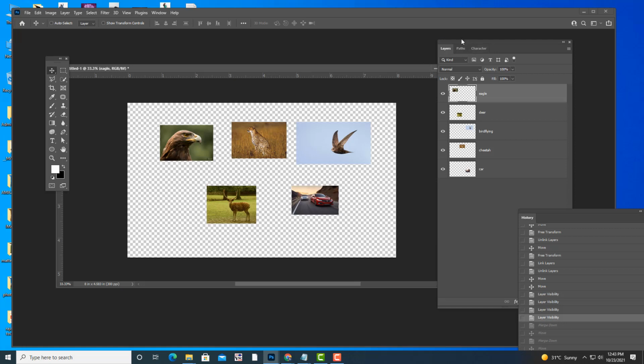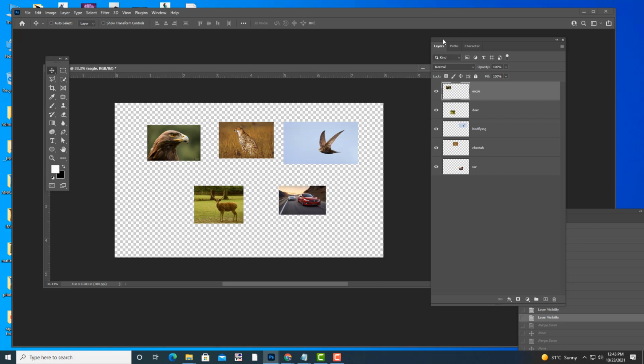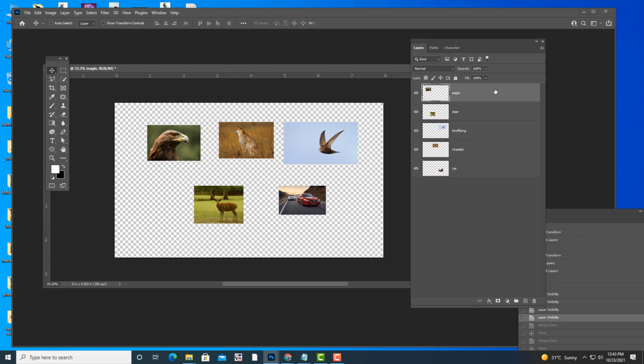Okay. Now the next step is, so we understood merge down, merge visible, and merge layers. Okay, so now we will see what are the next things. See, this box is called thumbnail. Always remember that, thumbnail. Okay, this box,